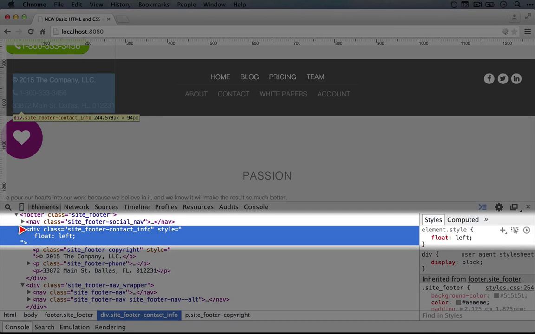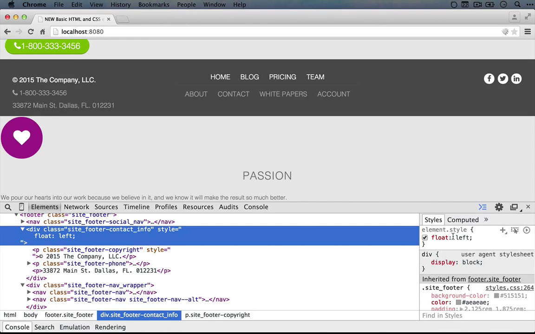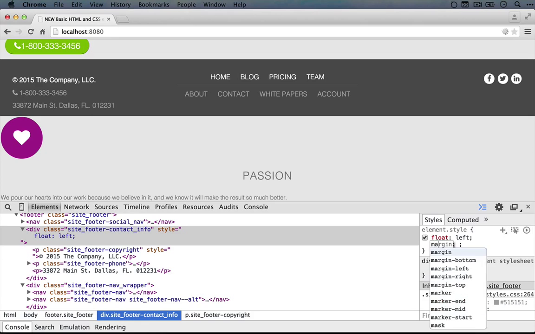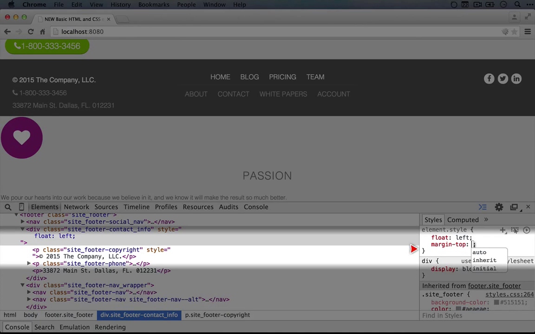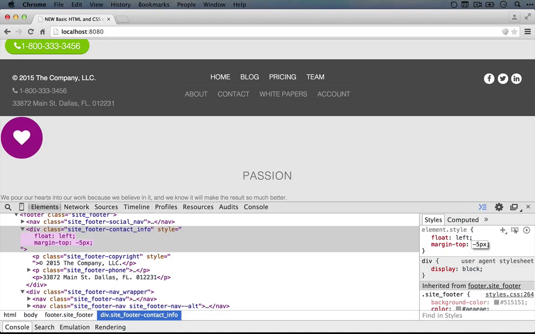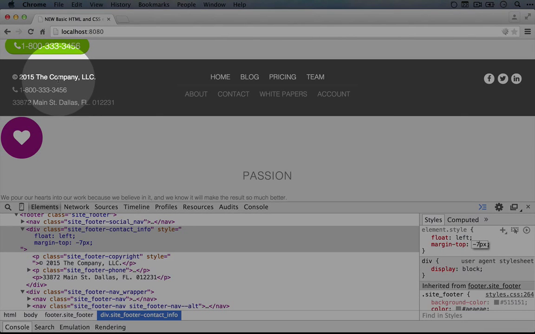So if we select our wrapper div here, where we added the float left, we could also set the margin top to a negative value. Let's try -5 pixels. All right, that's pretty close. We can bump it up a little bit more to -7, and that brings it more in alignment with the